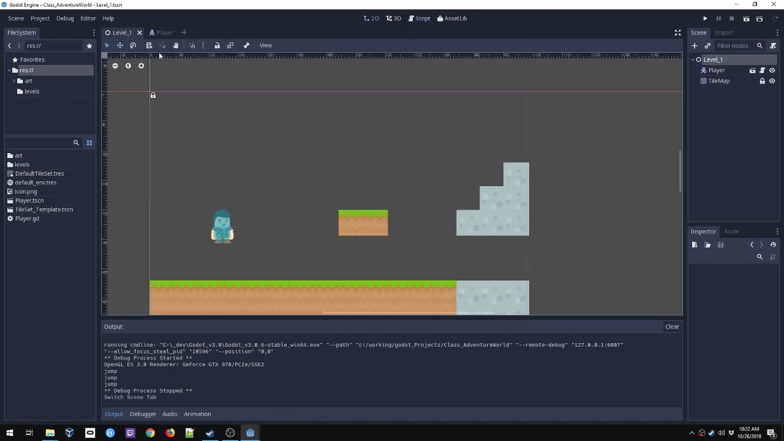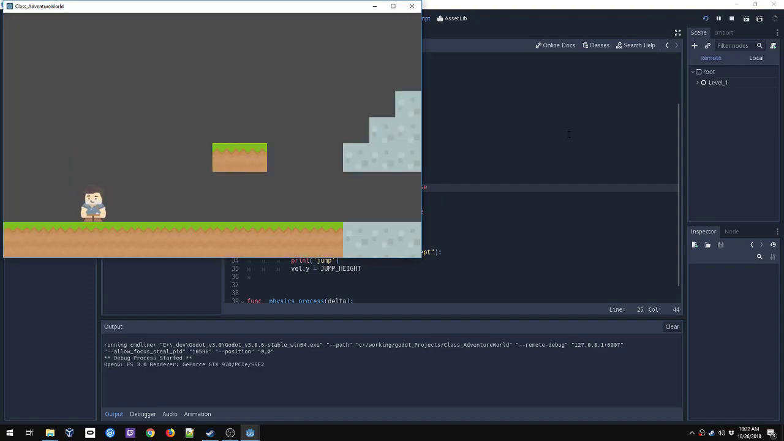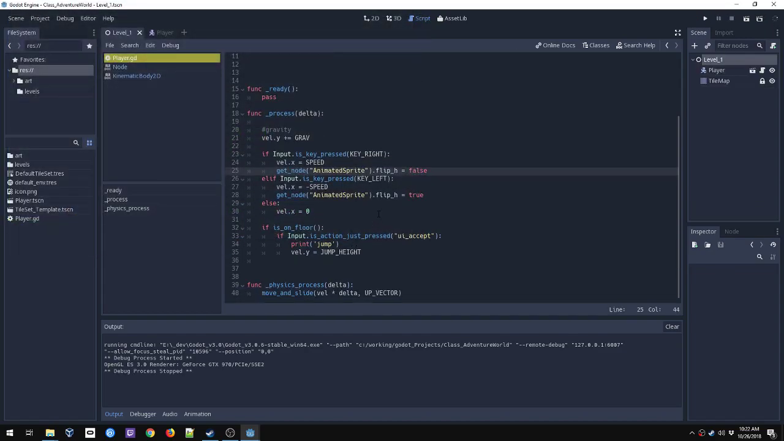So when I go left is when I want to flip the H. So right here, left, flip H is true, right, false. So I'm going right, now I'm going left. Alright, that's all we had to do. That was easy. Alright, so now the last thing I want to do real quickly is I want to adjust